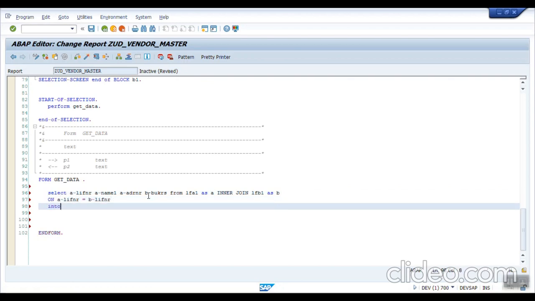Into, I can add corresponding fields of table GT_LFA1.